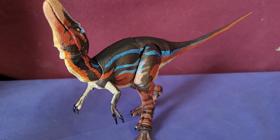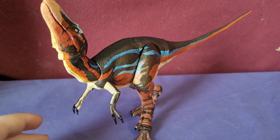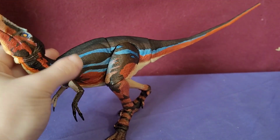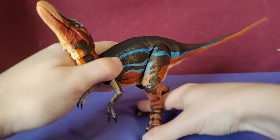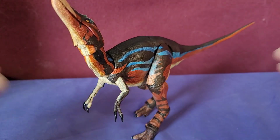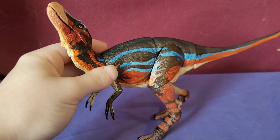Now that we've done the long part of just looking at its colors, which you can visually do with your eyes, now it's time to go on to the articulation, my favorite part. Also, look how good this thing can stand if you just get into the right position. This thing can stand on its own. It doesn't even need its stand, which is a good thing because